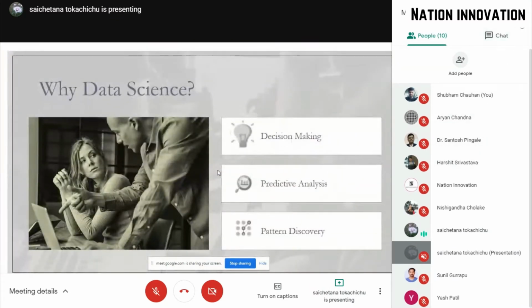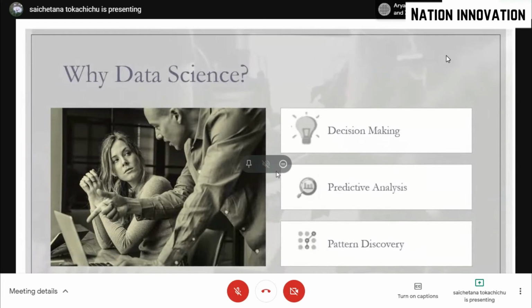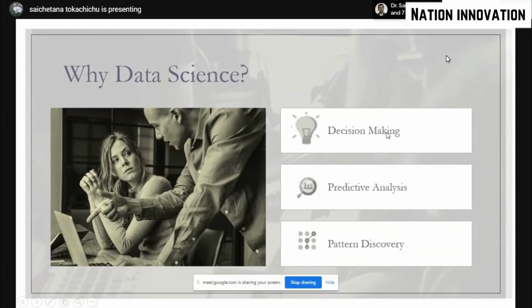So why do we use data science? Data science is used for three major aspects: decision making, predictive analysis, and pattern discovery, or you may also say future forecasting. What do we do with decision making? Decision making is a time where you have to decide, should I go for a picnic today or not?